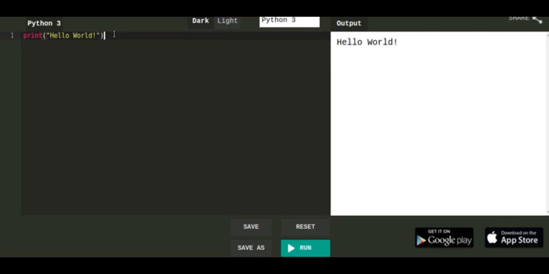Now suppose that by using the print statement we want to print a number, then there is no need to put these inverted commas. We just write the number, close the parenthesis, and we are ready to go. If we run this command here, it will just output 1 on the output screen.